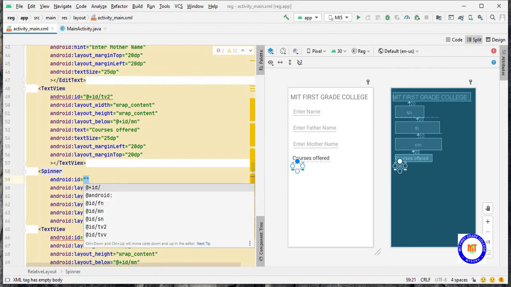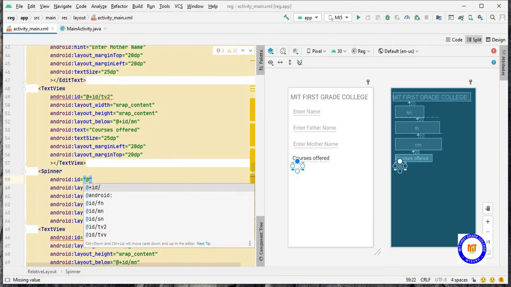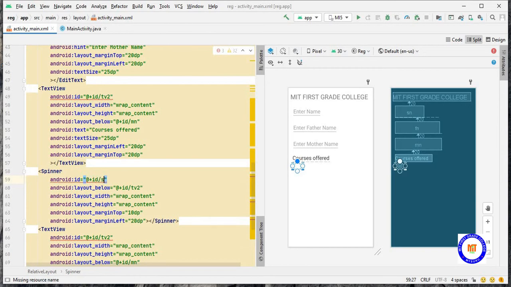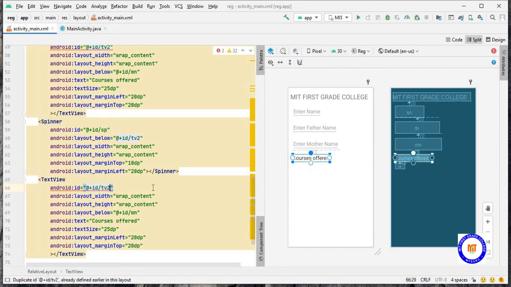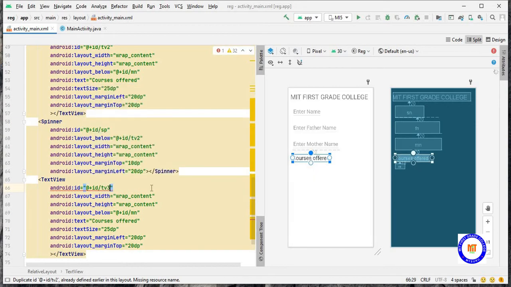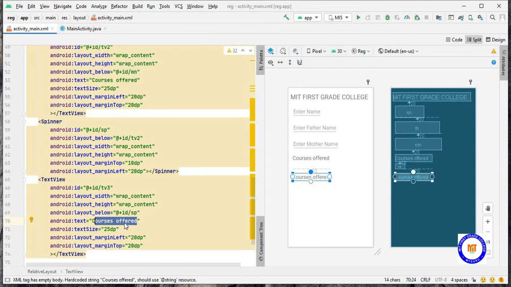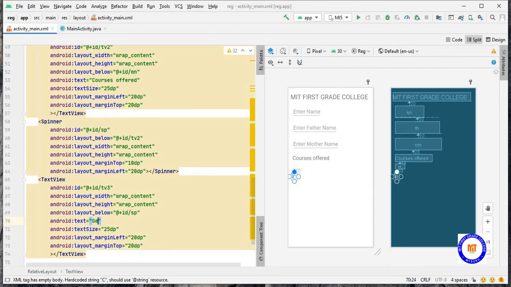ID of this be SP. So this text view has to come below the spinner. This is TV3 and it has to come below the SP. I'll change the text now. This has to be gender.